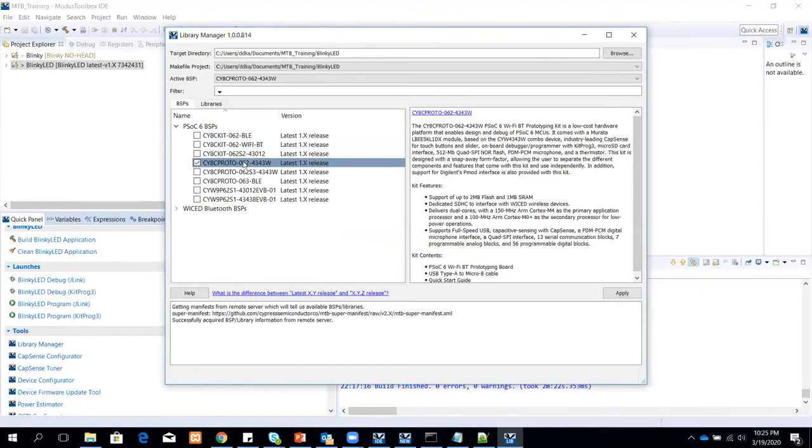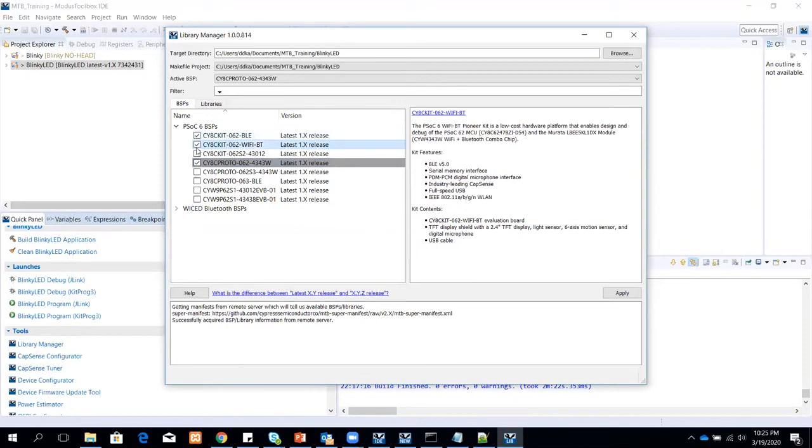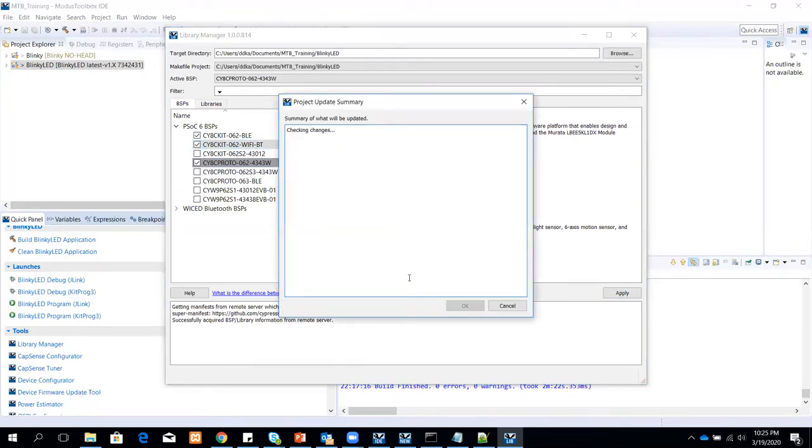By default, the ProtoKit was activated because we chose this during application creation. Let's say I want to run this application also on a BLE kit or a Wi-Fi BT kit, right? You can just enable that and then click on apply.